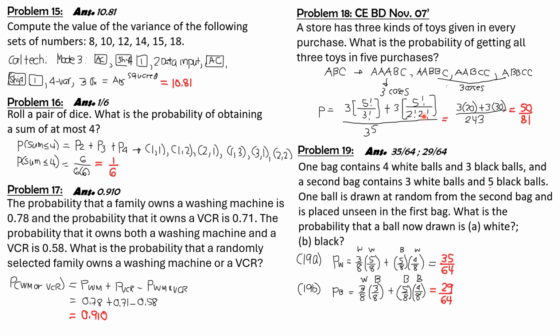Of course, the third one is 1, that's still 1. And that is 3 times 20 plus 3 times 30 over, of course, the total number of ways would be